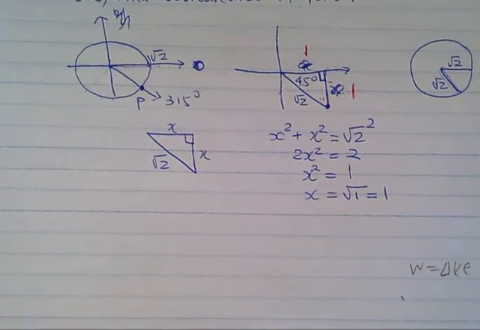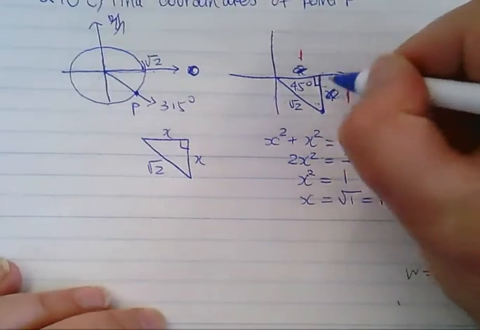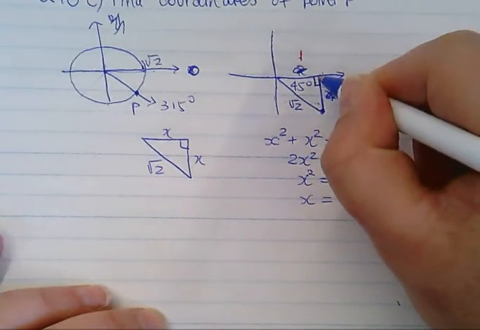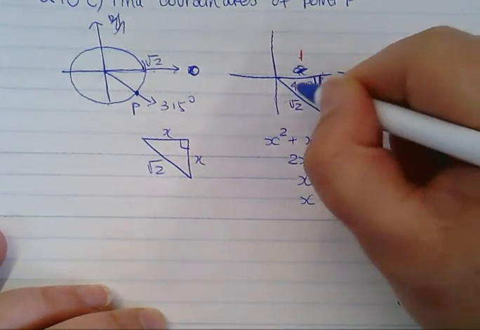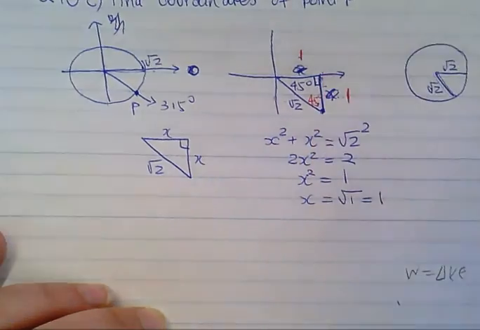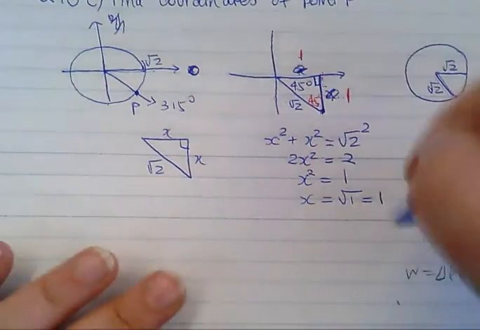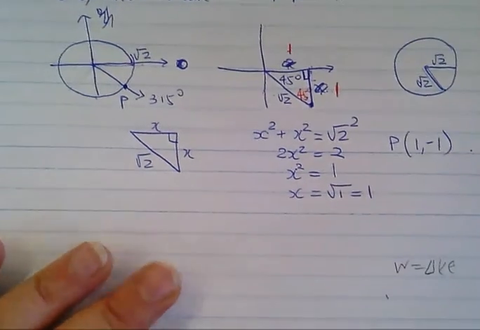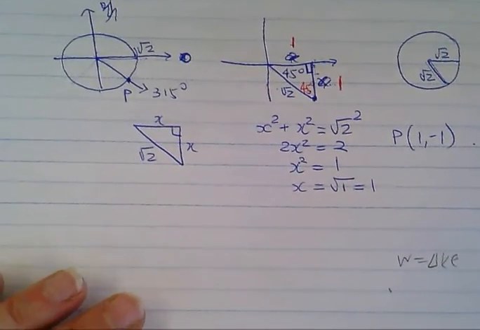Do you understand why that's 90 degrees? Because I've drawn a line up to the x-axis perpendicular to the x-axis. This is obviously an isosceles triangle. So what are the coordinates of P? It's (1, -1). So, okay, now,